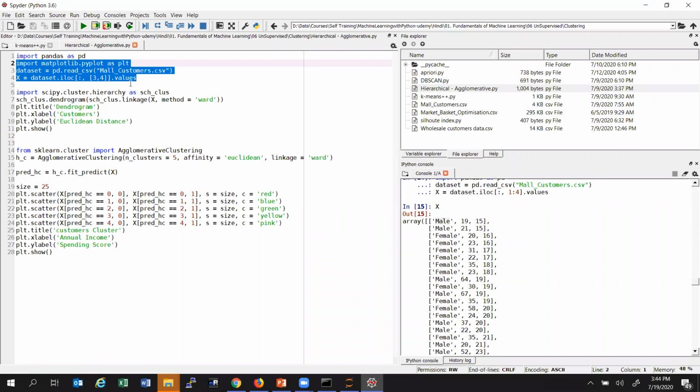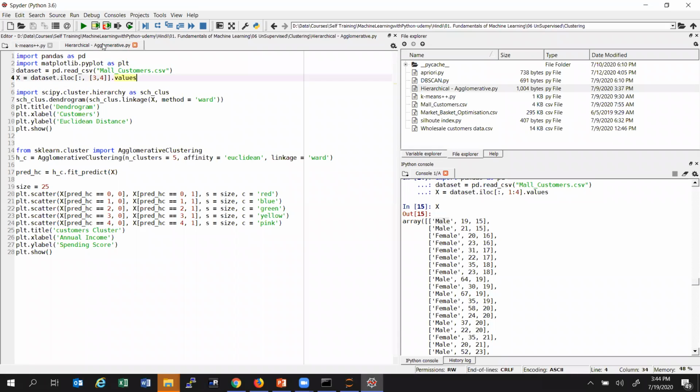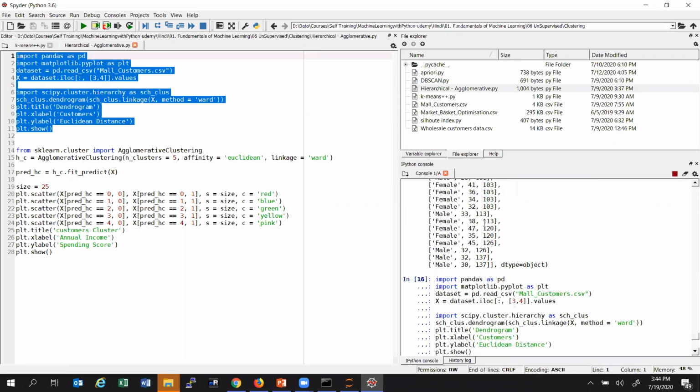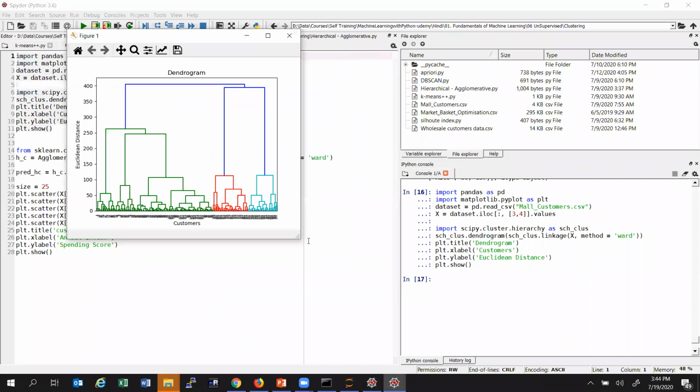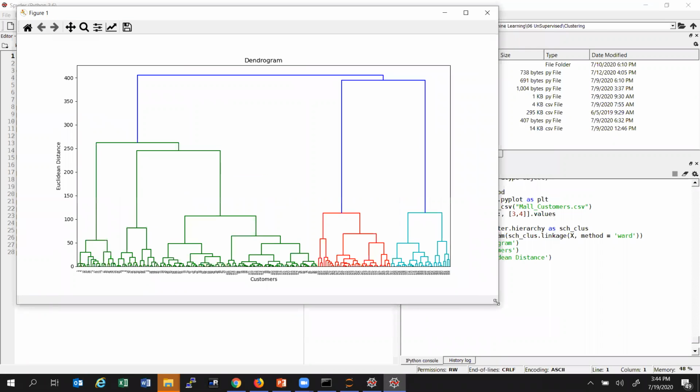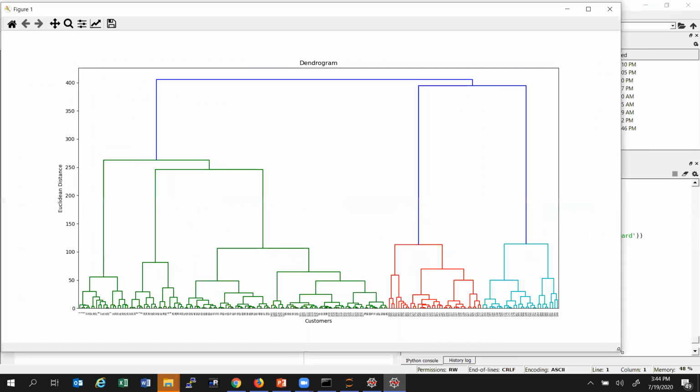Same data, same code actually, which we used previously, k-means. Same data we are using, and only third and fourth columns we are taking. Okay, we are just drawing the dendrogram first. See here. You can see the graph. Yes. Okay, so here when you